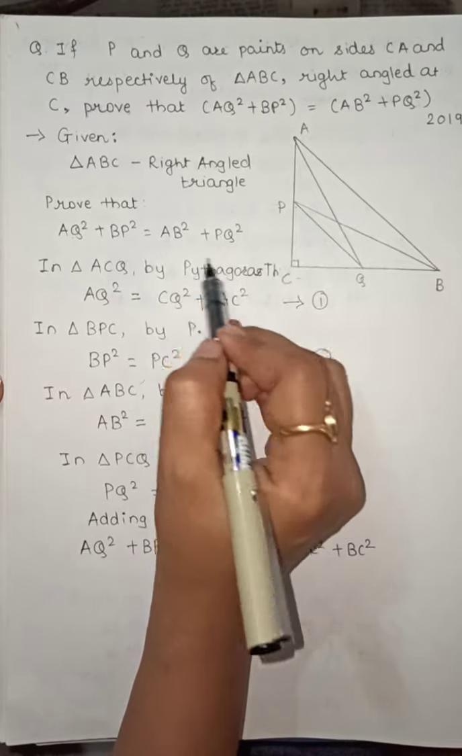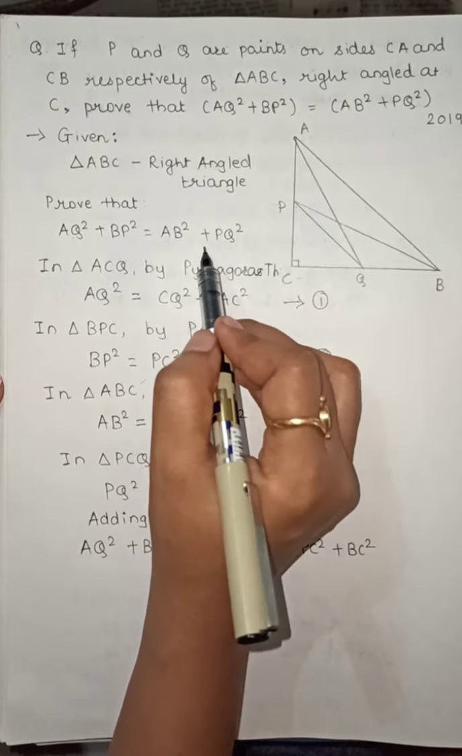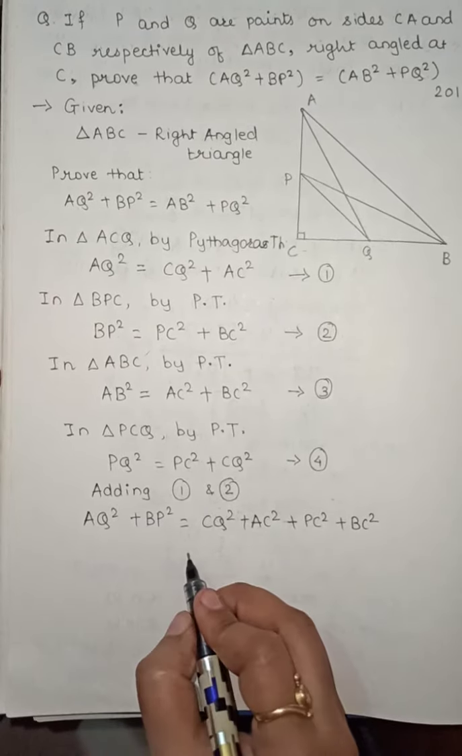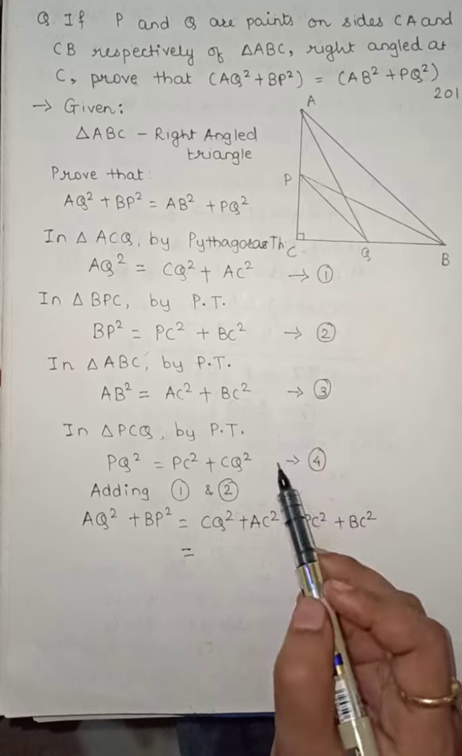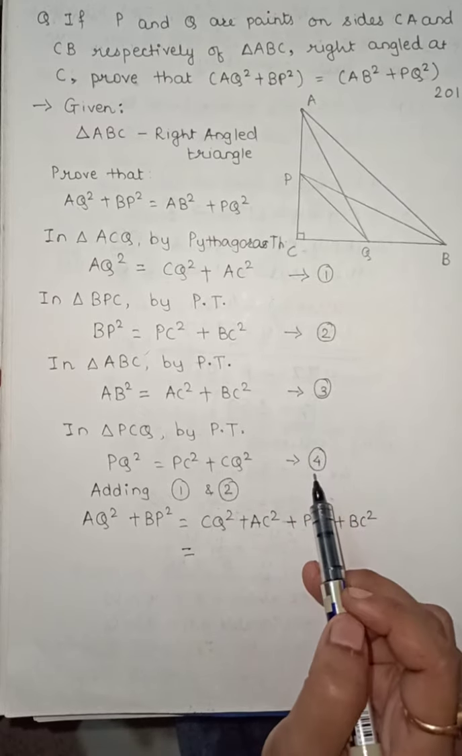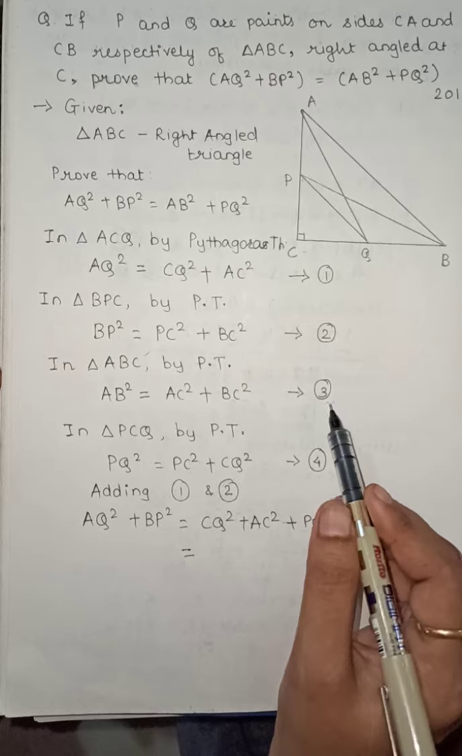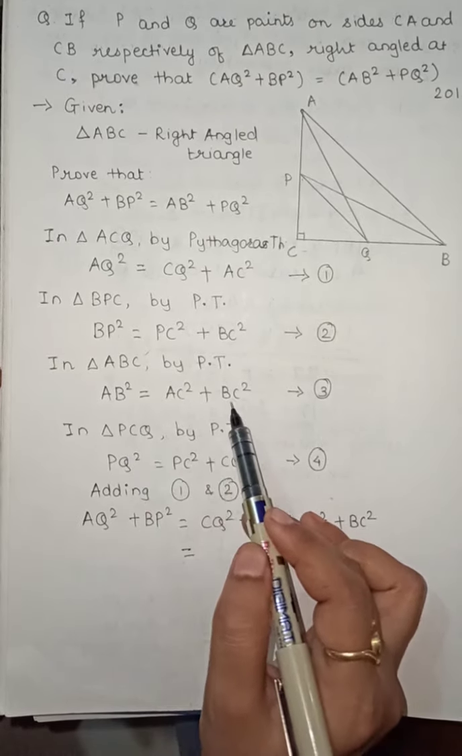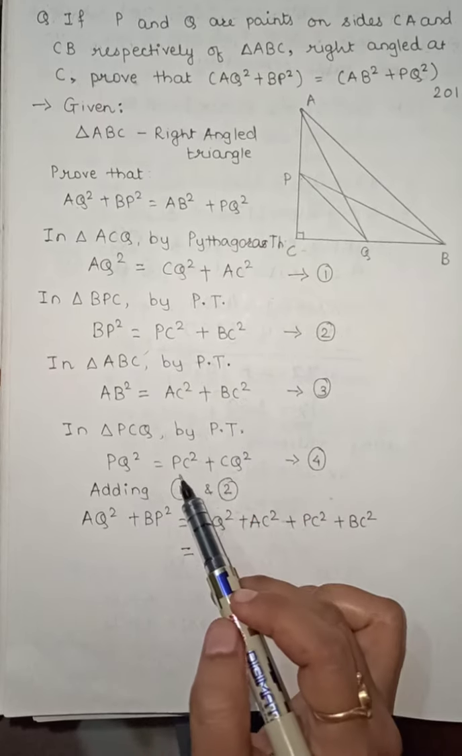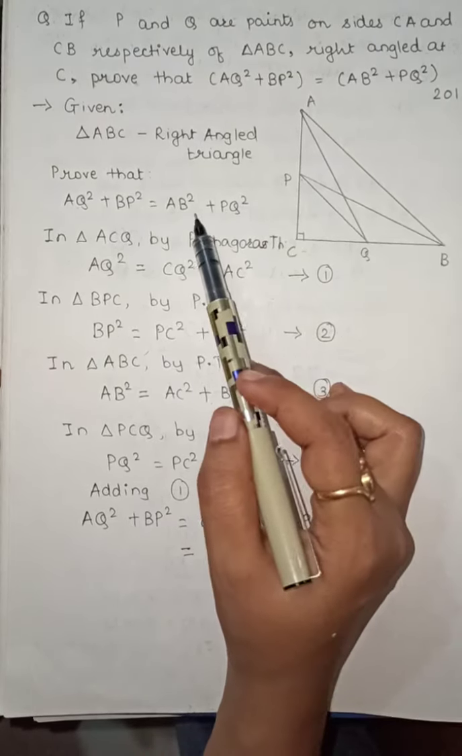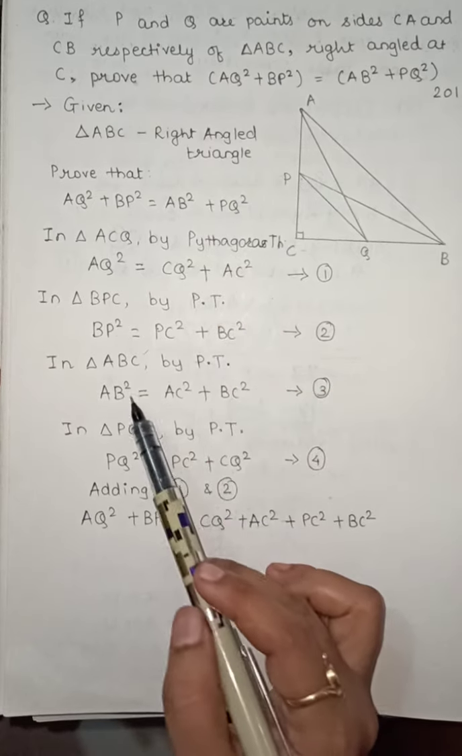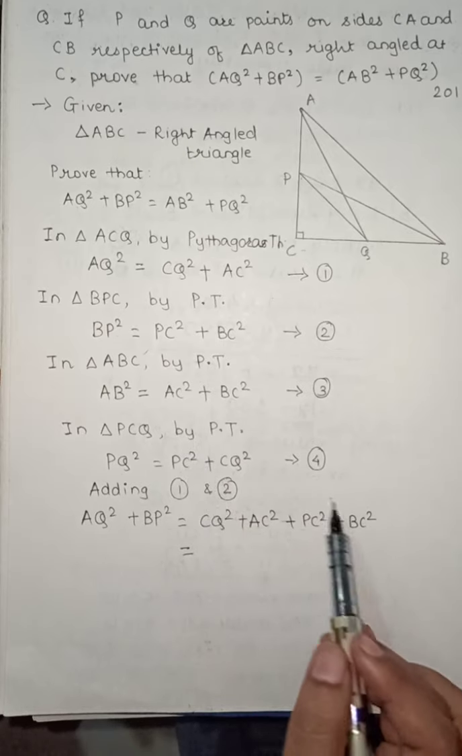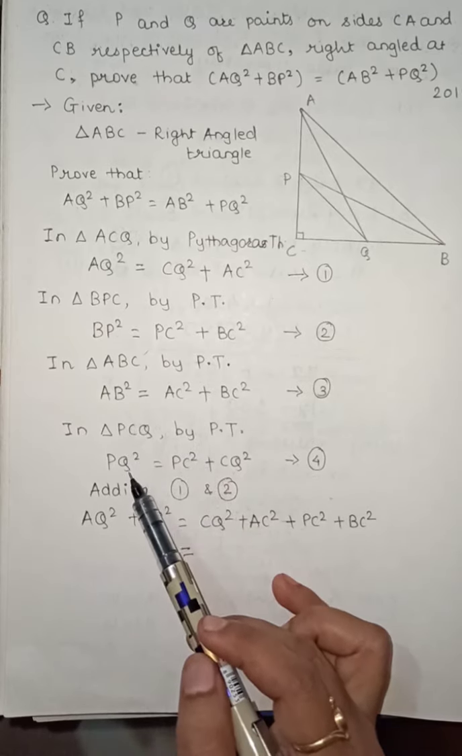Now let us simplify the RHS, because in RHS I want only 2 sides and here I can see 4 sides. Okay, so what could be done? We can make use of the other 2 equations, equation number 3 and 4, to simplify this. Now as you can see in equation 3, AB square is given as AC square plus BC square, whereas in 4 PQ square is given as PC square plus CQ square. And as you can see, my RHS is also having the same 2 sides, that is AB square and PQ square. So if I simplify this and obtain AB square and PQ square,